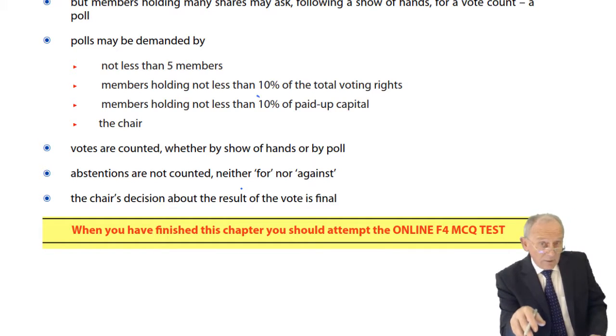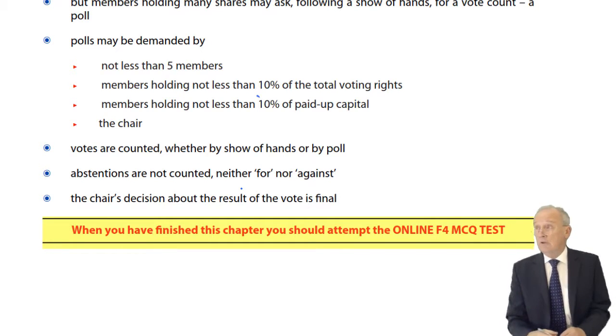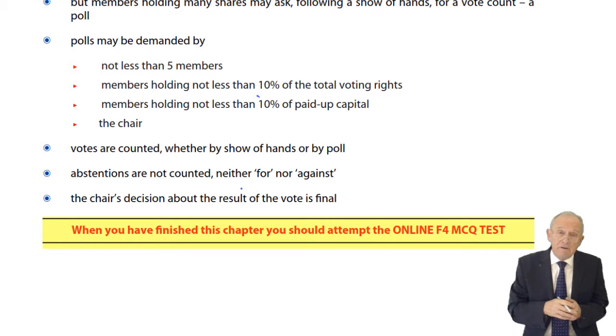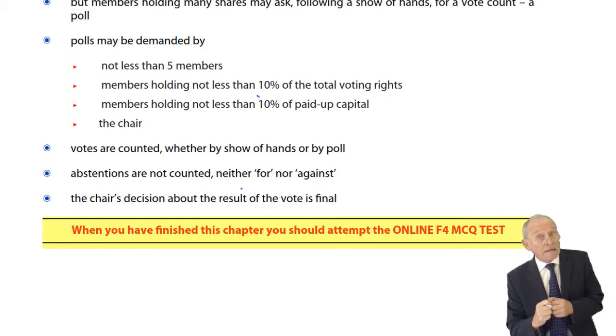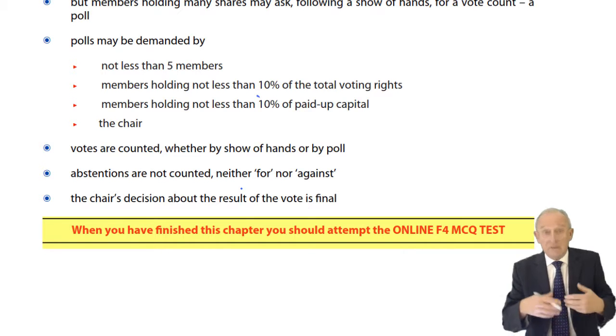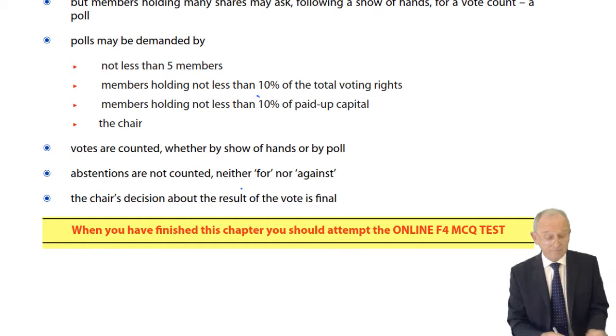And on the company's website, if you ever look up websites of companies and look at the results of their annual general meetings, it has to be published on their websites the number of votes cast in favour of individual resolutions and the number of votes cast against those individual resolutions and the number of abstentions. The detail is there on the website. You really ought to have a look at a website just to see the notice of general meeting, to see what's involved, and to see, having the general meeting completed, the results of the resolutions that were proposed at those general meetings.